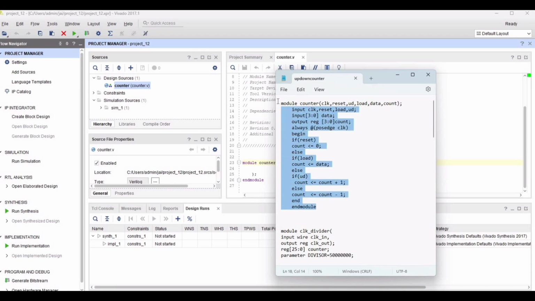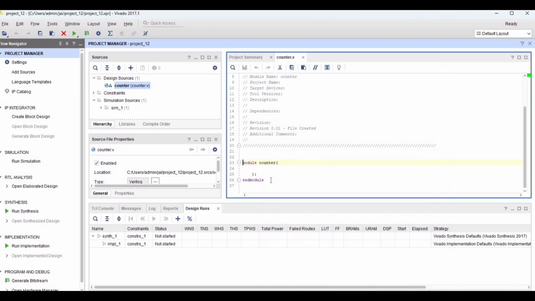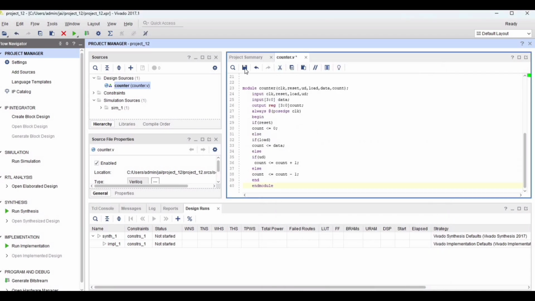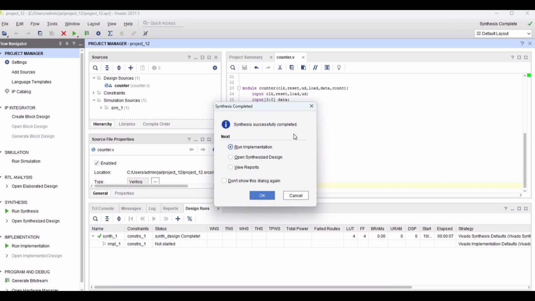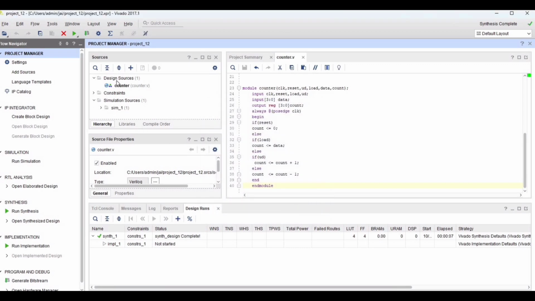I am going to copy this entire program and paste it here. Then save this program. Then click run synthesis. So it is running this program. Once it completes this run, you have to go for the